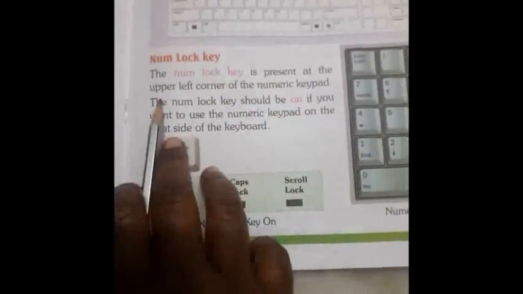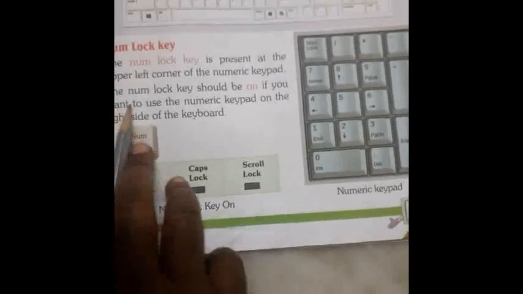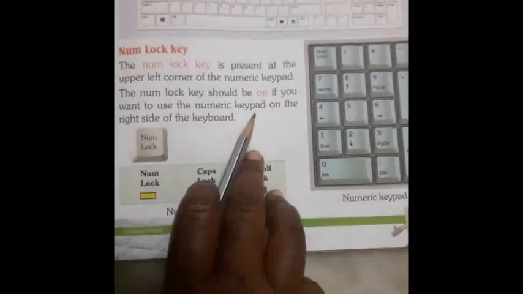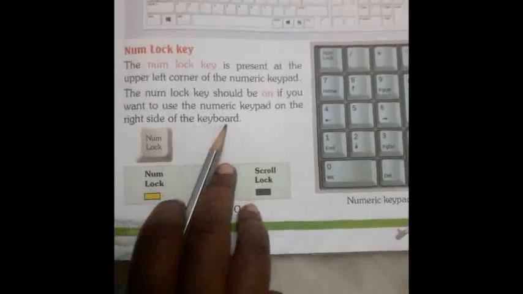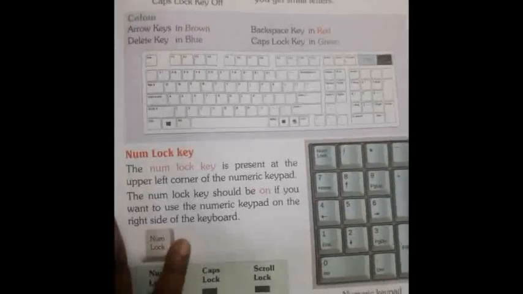Whenever you have to type numbers from the number keypad, you should turn on the nums lock key. See, here is the nums lock. See, children, the nums lock key is present at the upper left corner of the numeric keypad. The nums lock key should be on if you want to use the numeric keypad on the right side of the keyboard.